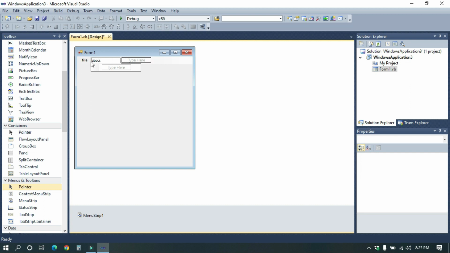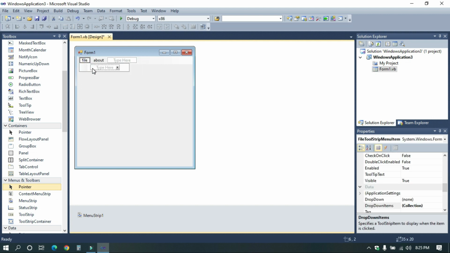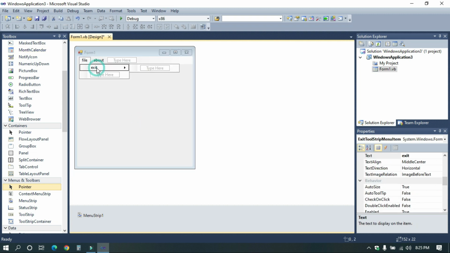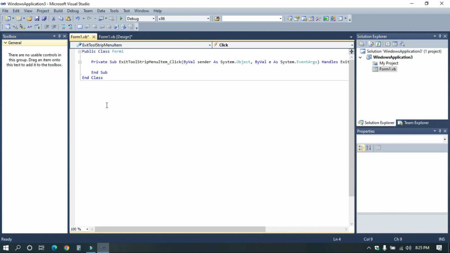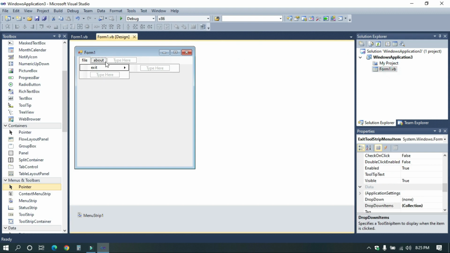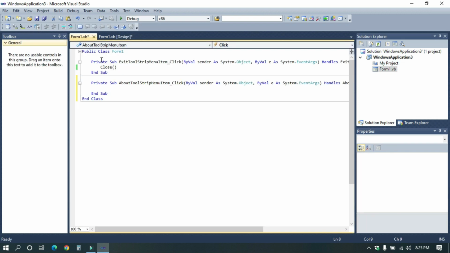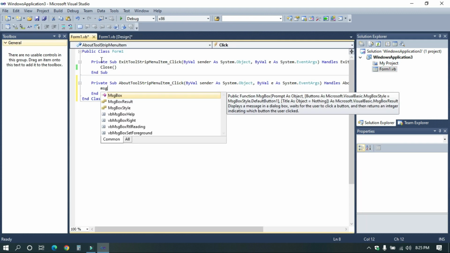In the File option I will keep Exit, only Exit. On Exit I will write the code Close, simple, and then save it. Again go in the About option, write a message box,